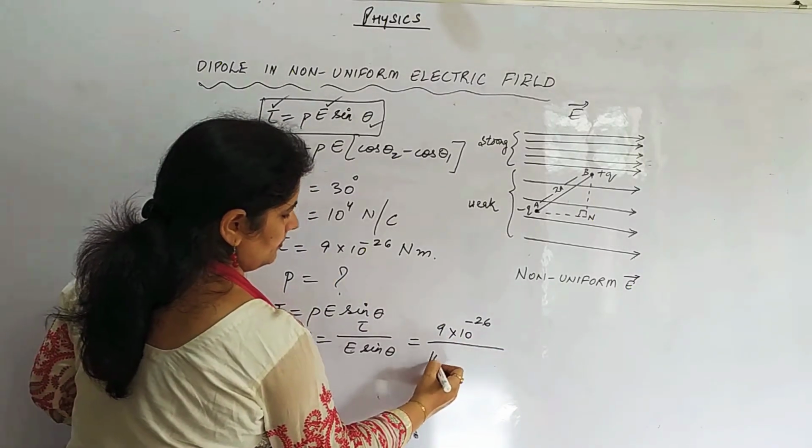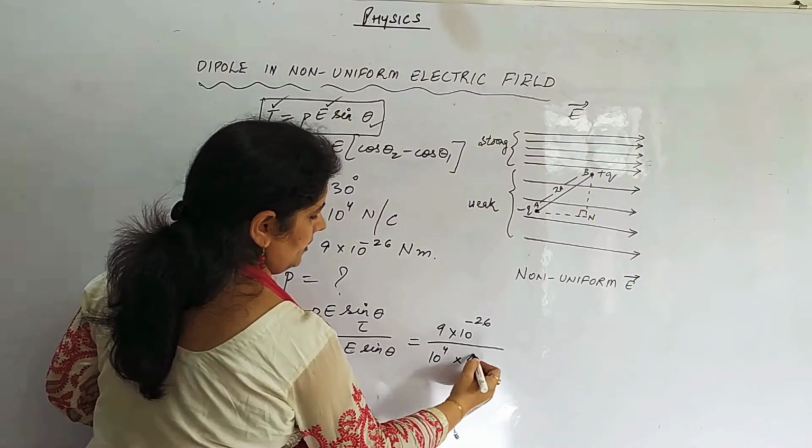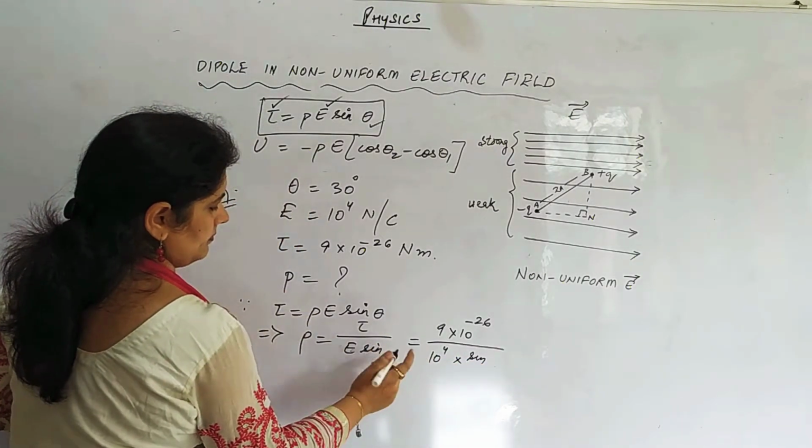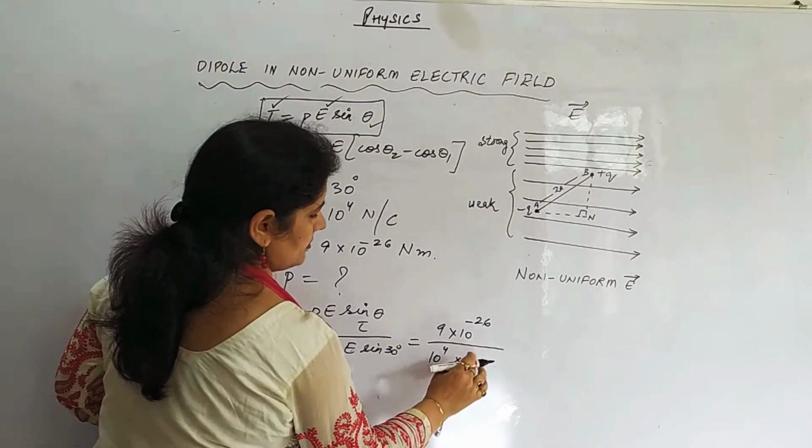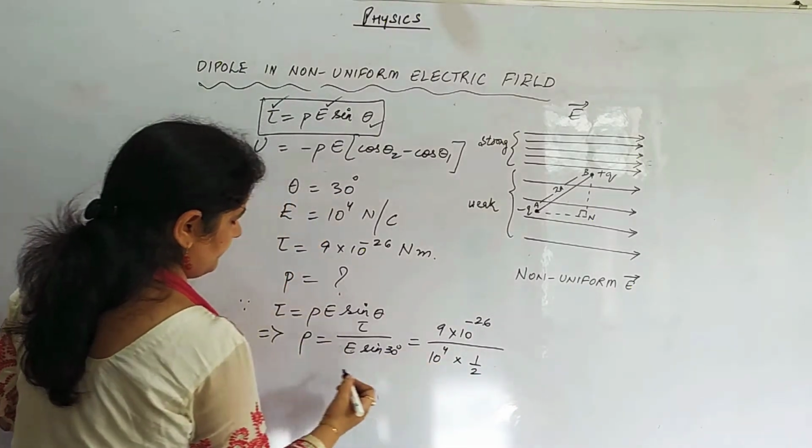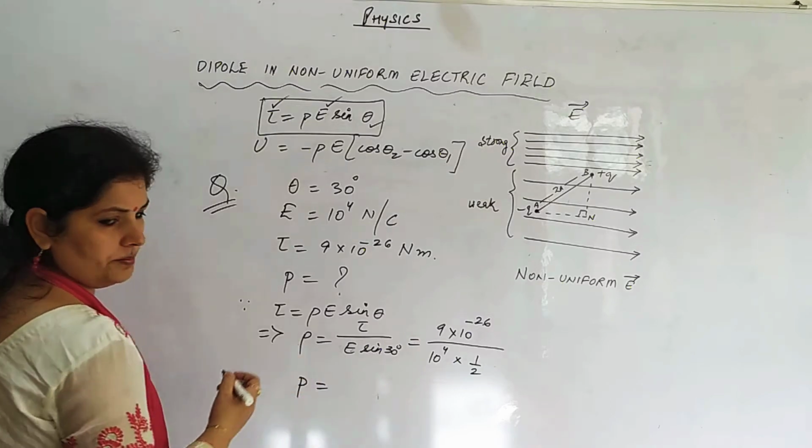Electric field into sin 30, that is half. Solving, p comes out to be